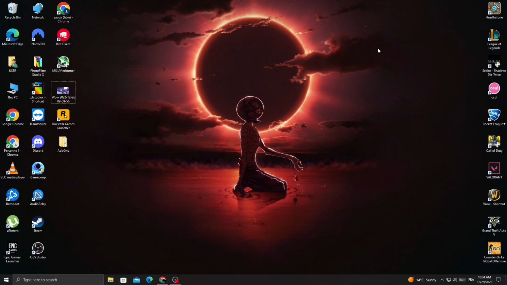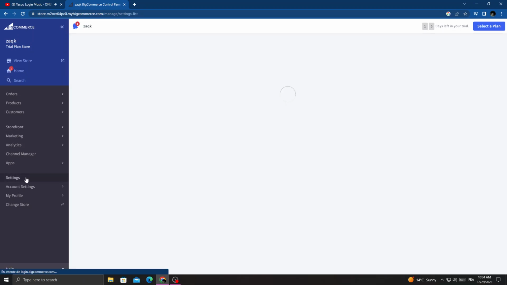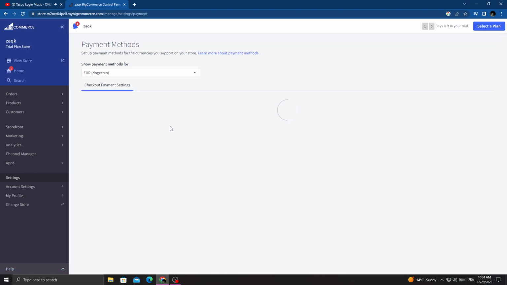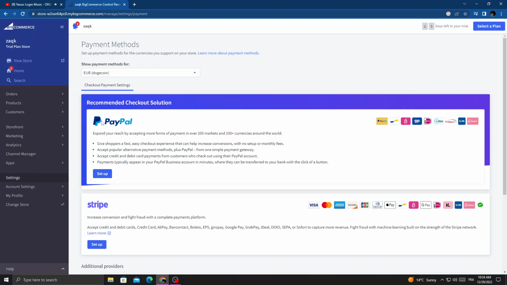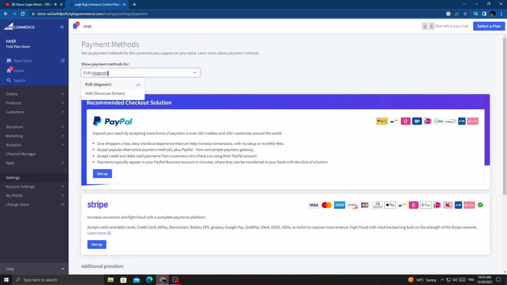First open your browser and then click settings, and now go to store profile. Go to payments, and here we'll find payment methods settings. Now just select any coin you want here,